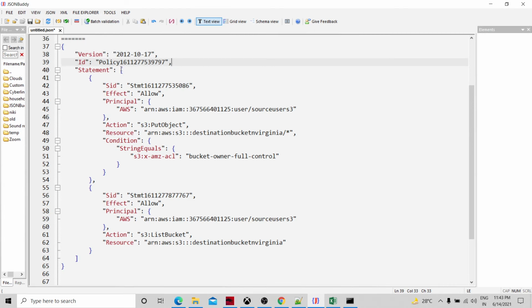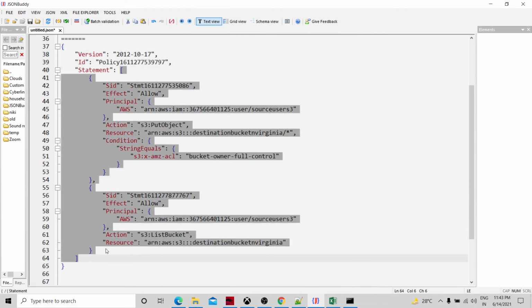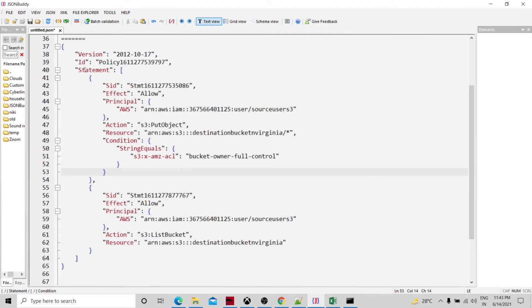Then the statement is an array, and within the statement array we have two statements, statement ID first and statement ID second. In the first statement, we have to allow this user. Who is this user? The source user. What are we going to allow?